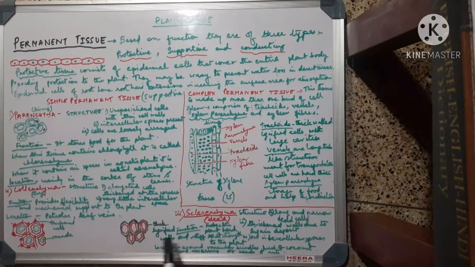The location is around vascular bundles. The husk of coconut, that is very strong, and it is also used to make rope. That is itself a sclerenchymatous tissue. The hard covering of seeds and nuts are all sclerenchymatous tissue, but they are dead. But they provide strength to the plant.